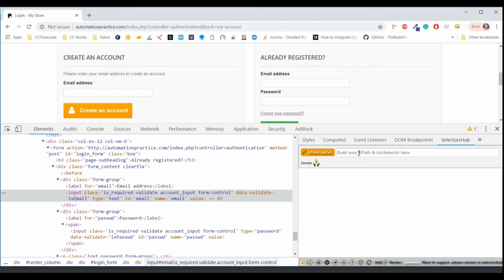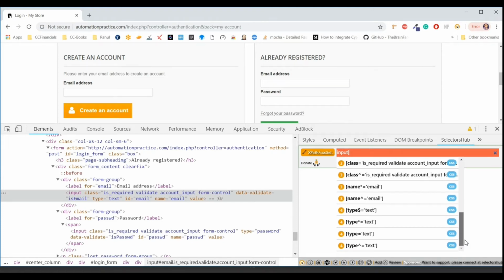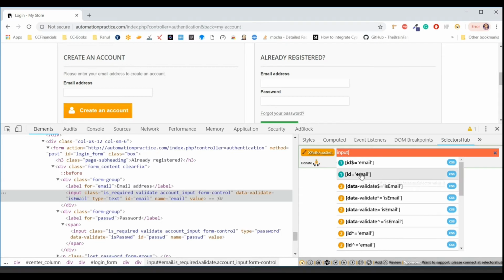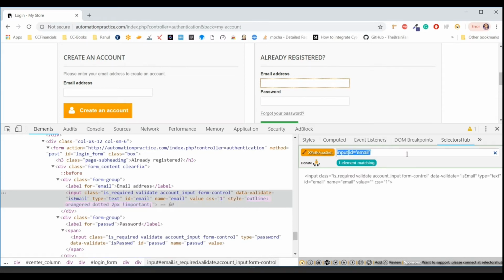So if I type input, okay, and I just enter the bracket, it will give me all the results which are present. It will say whether it is a CSS or XPath, and it will give me the uniqueness of the element as well. So input ID is, like it is highlighted here, is unique and giving me one element. Okay, so I can use it.